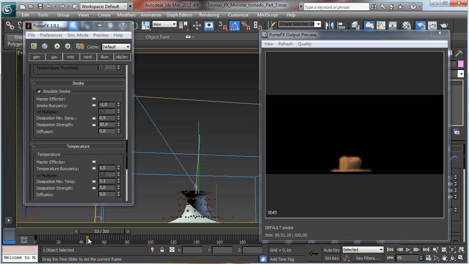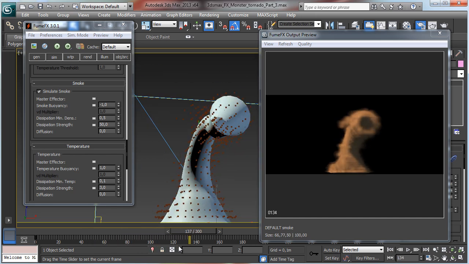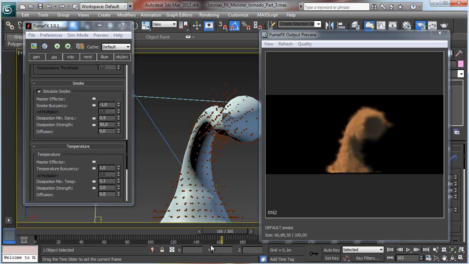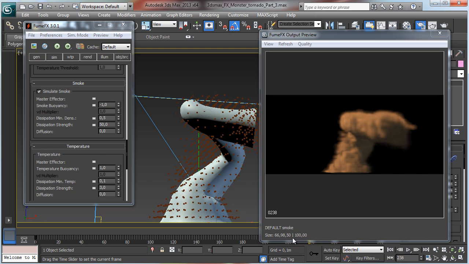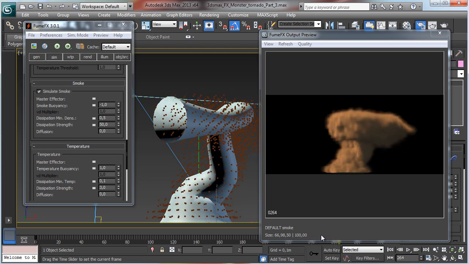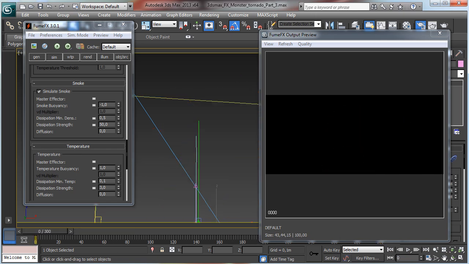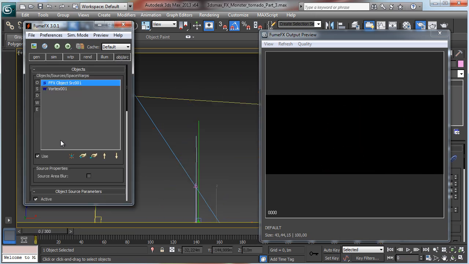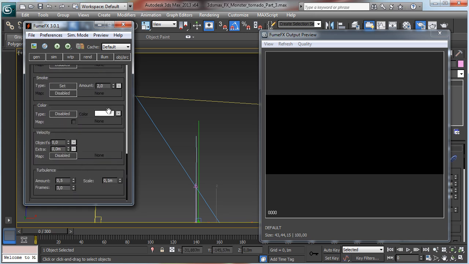Okay, let's see how it is going. You see that it is obviously dying before during the simulation, but then we have it moving there and it is better than before. Okay, I think we can do something in between. So we can add a little bit of speed there, so maybe we can try with